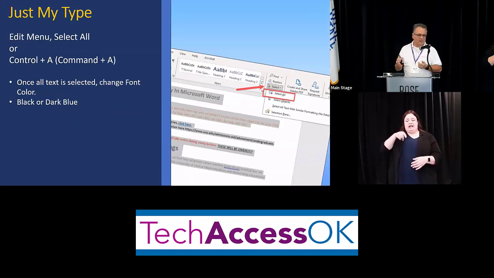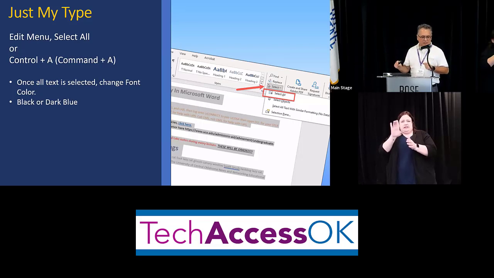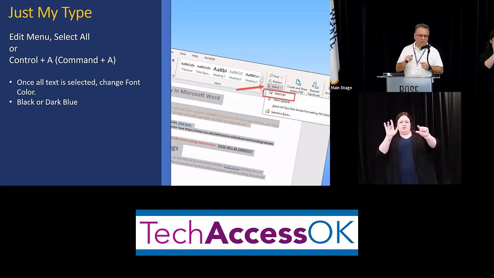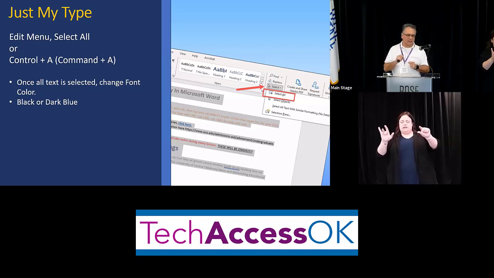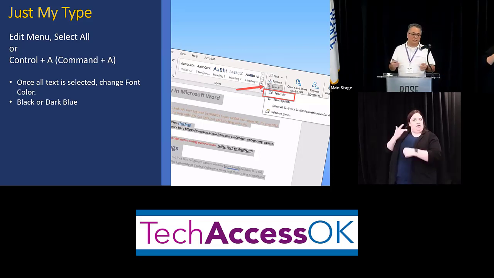To do that, my favorite command is Control A, select all. But there's also a command in Word to select all. It's called the editing tab, right adjacent to the styles. In this screenshot, we're looking at the styles menu at the top of Microsoft Word. Just to the right of it and to the bottom is the word select. You select that and there's a select all button. I've never used this, but I was excited to know it was there because not everybody does keyboard commands.